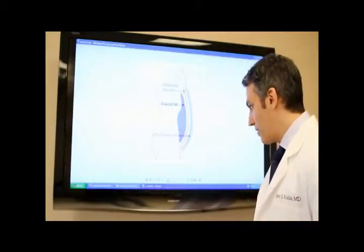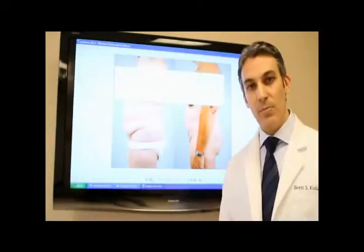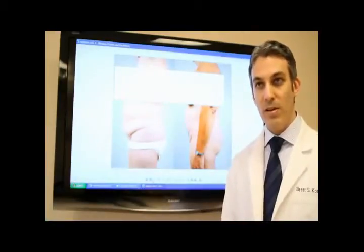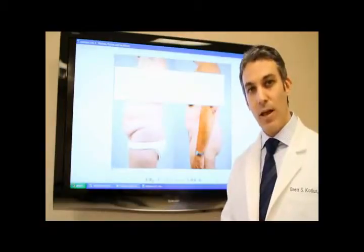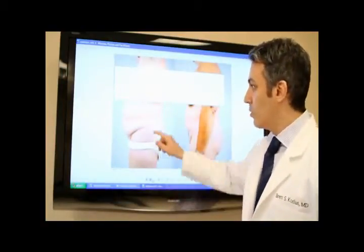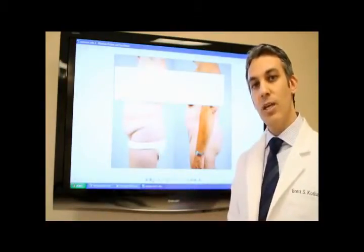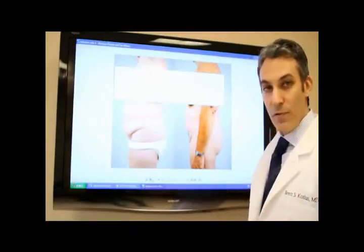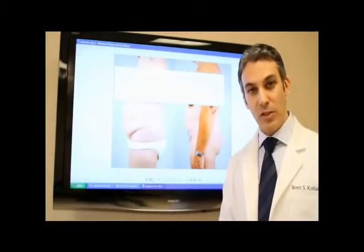Now what can we do about these two different fats? Here's a patient that had liposuction of her belly to improve her shape. Now she was overweight, and she had a combination of the fat under the skin that you can grab and the fat that's visceral underneath the muscle. So you can see she had these sort of stomach rolls, and she hated grabbing it, and she hated her shape in clothing. Now after liposuction, those rolls are smaller, and there's much less fat that she can pinch, but